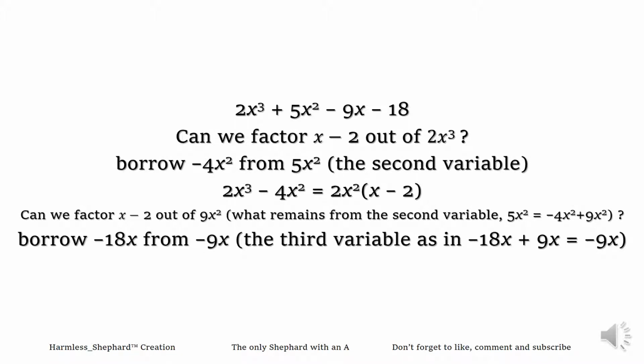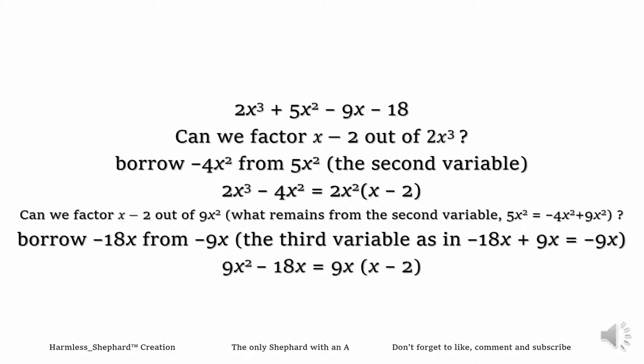Borrow minus 18x from the third term, which is minus 9x. We borrow minus 18x. Look into the bracket, you'll see how we did the borrowing. Borrow minus 18x, we'll be left with plus 9x. So when we borrow that, we add that minus 18x to plus 9x squared that is remaining from the second variable, where we borrowed minus 4x squared. So when we add that minus 18x, we'll be able to factor out x minus 2,